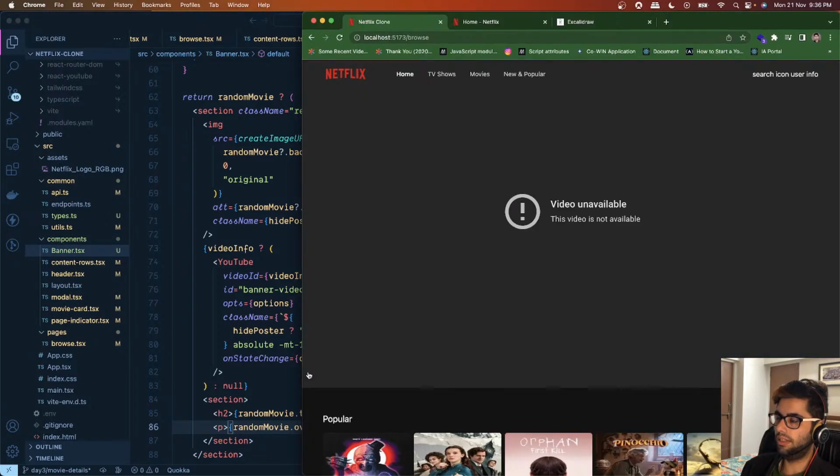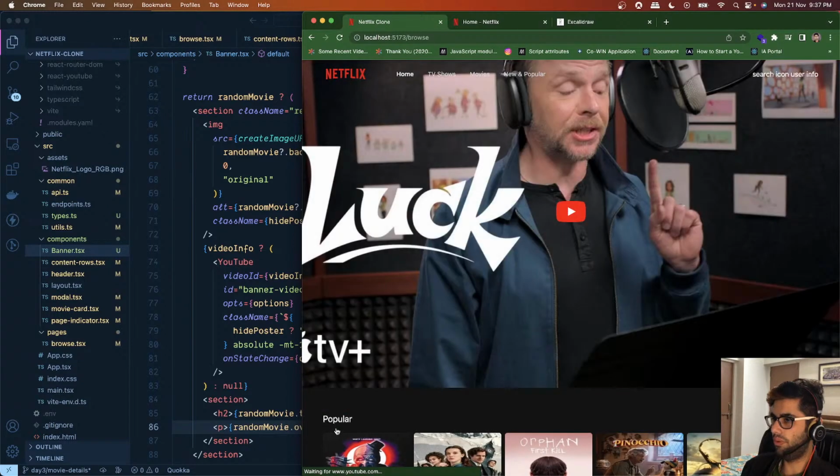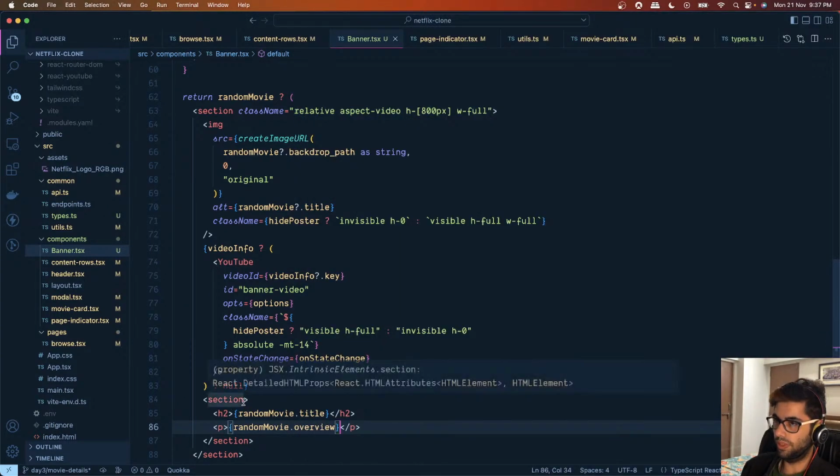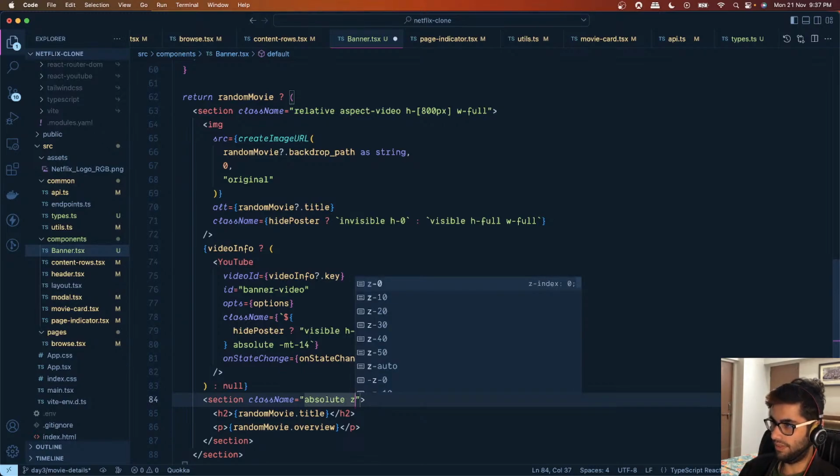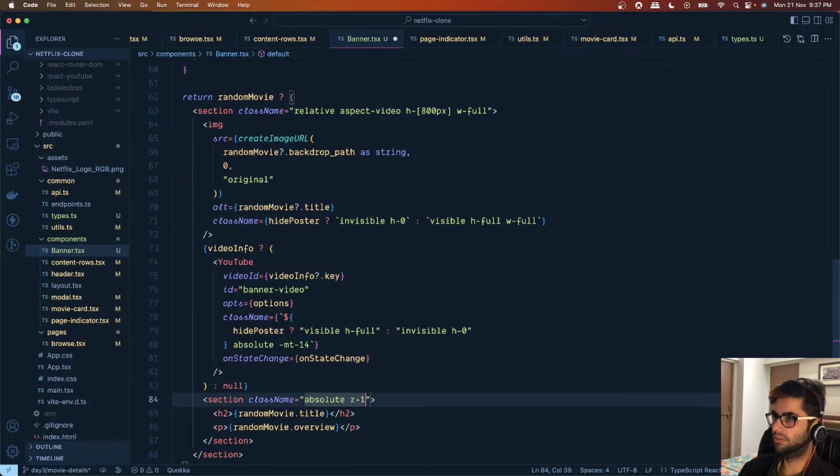All right, and right now it is showing up here, right? So we will give this positioning over here. We will make this absolutely position. Let's give it a z index of 1,